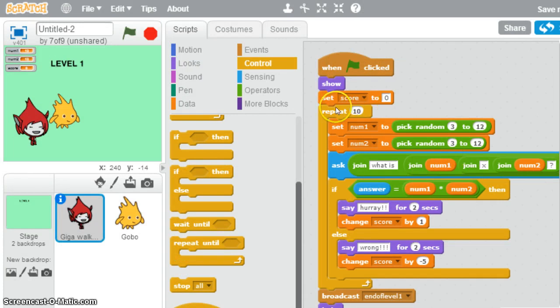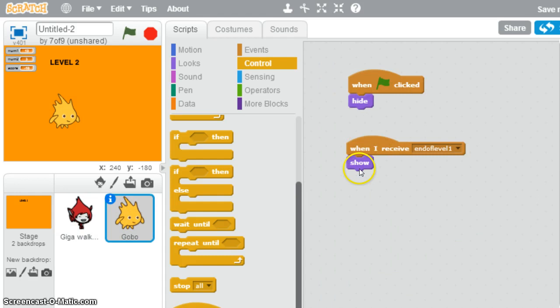Now for testing purposes, just because we're on a video, I'm just going to reduce this down to 2 questions, and then I'm going to run this. And so I'm going to answer a particular question, and then it's going to ask me another one, and then hopefully go on to the next level. And there we are on level 2, and now it will start asking me questions that are associated with this particular sprite here. For this particular sprite, I have no questions, because these questions are going to be the ones that the